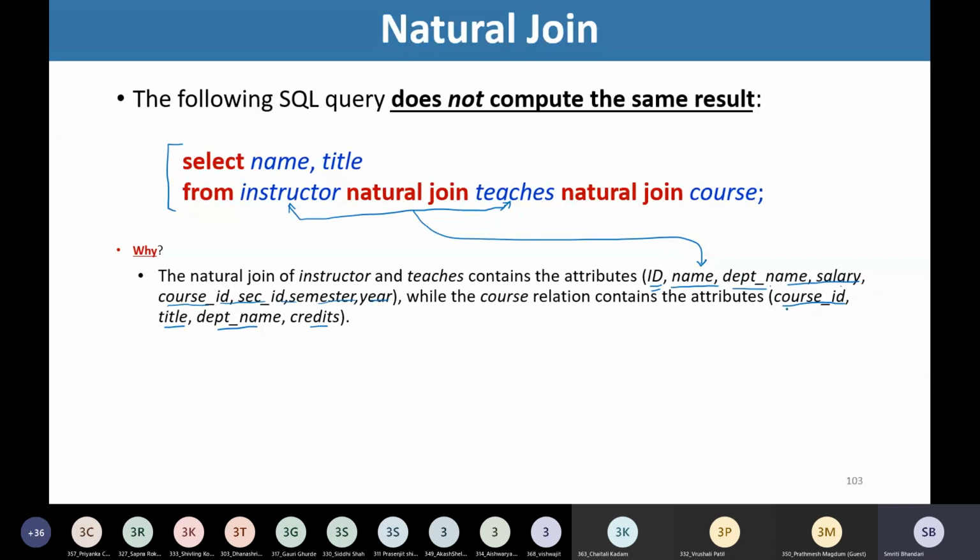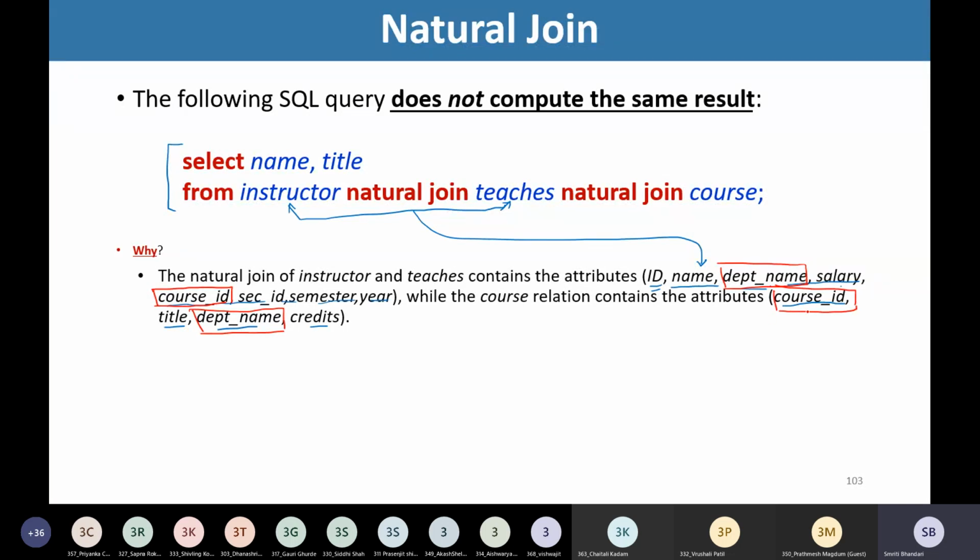Now, if you look at the attributes of these two relations, we are having common attributes. Those are department name. Department name is present in this output, and here also we are having department name. Right? In the first relation, we are having course ID, and in course, we are having course ID.